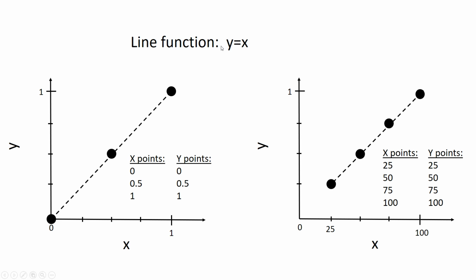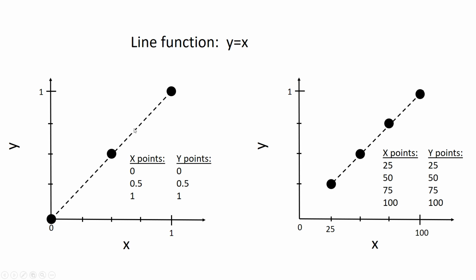To plot the same function, I could do it in any number of ways. First of all, I need to plot it over some range because this function goes on forever. It goes from negative infinity to infinity. Here I've plotted it from x equals 0 all the way to x equals 1. We're going to call the smallest point x min and the largest point x max for the purpose of our program. And you also need to know how many points you're going to use between that range to define your